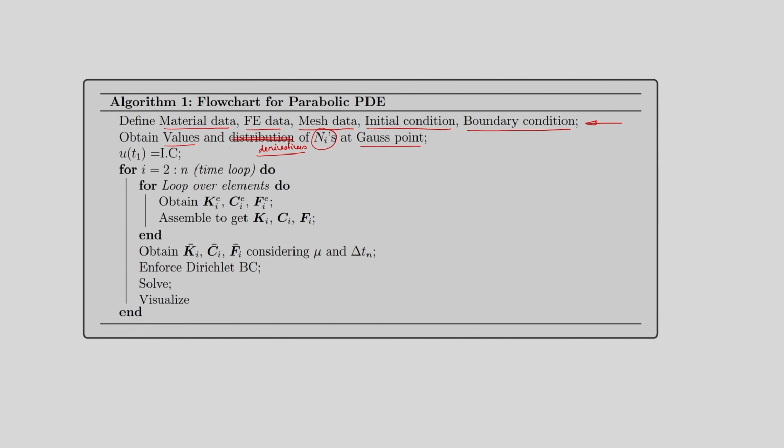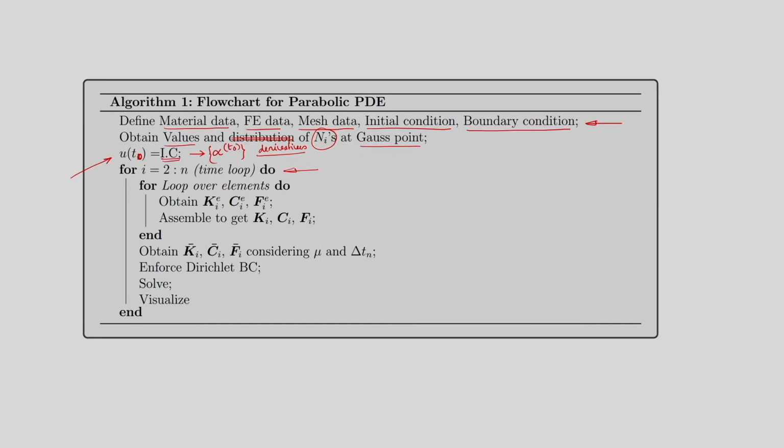Then here what I have done is we have defined u at t1, means at first time instant, it should be t naught, okay, because I am starting from t naught. So, u at t naught, okay, we have assigned the values from the initial condition, that is what I refer to as alpha at t equal to t naught, you can say, alright. Then what we need to do, we now run a loop over time instances, alright.